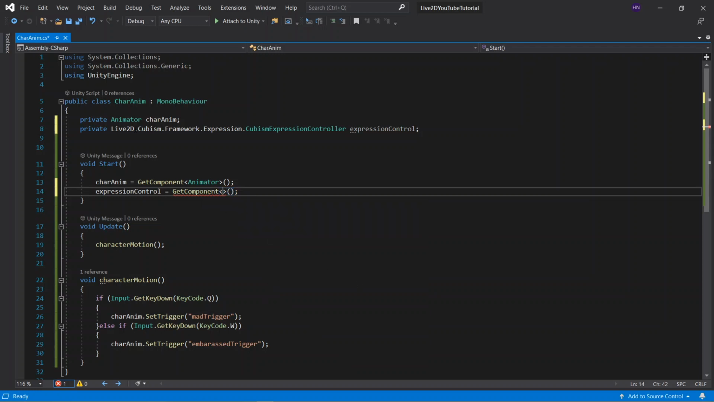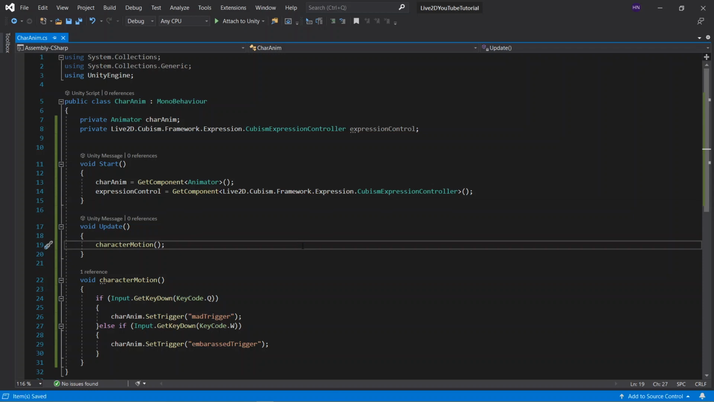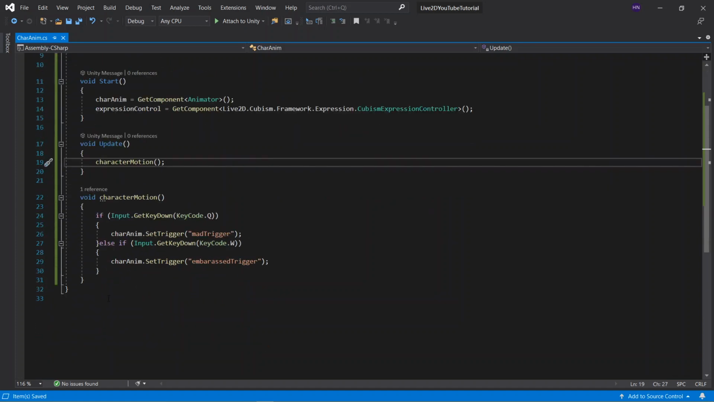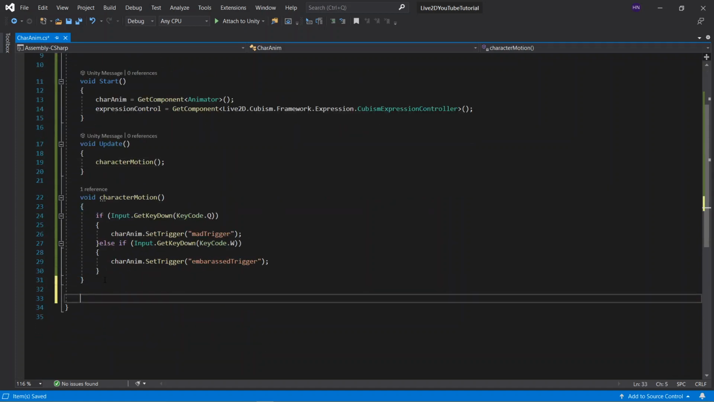And I'm not going to copy paste this whole thing. I'm not going to write the whole thing. I'm just going to copy this and paste it here. And we have our expression control. Now, we need a way to update our expressions. So I'm going to create a new function, call it void